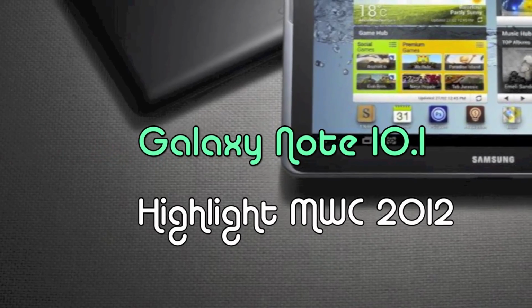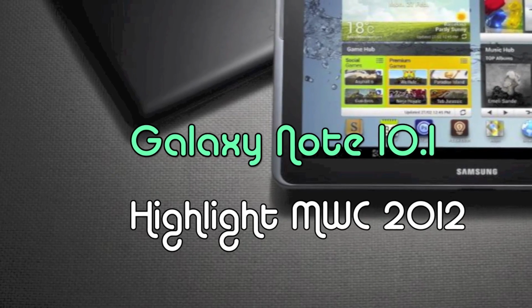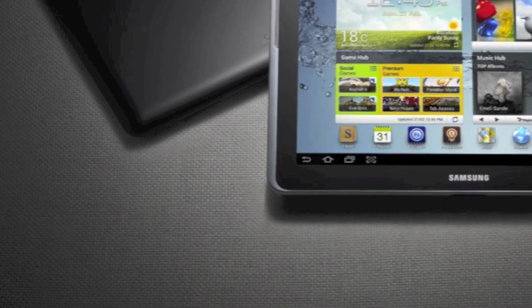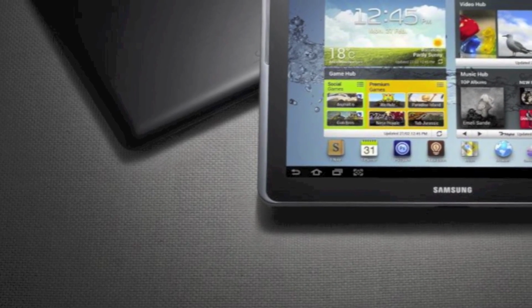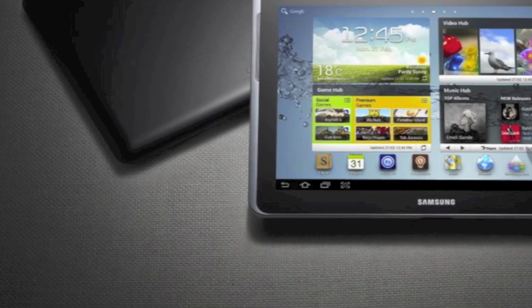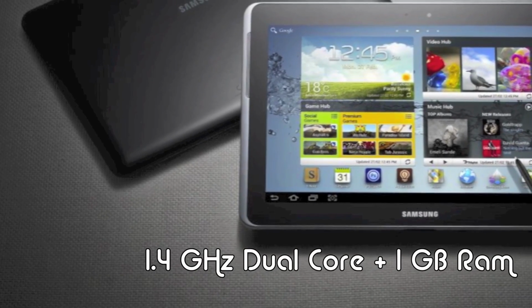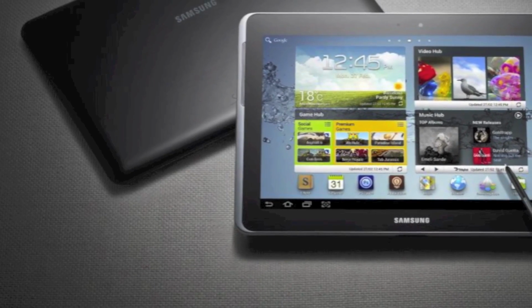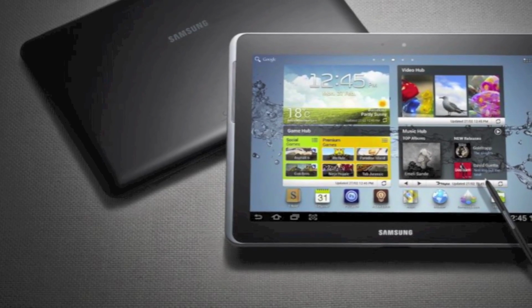Next up, and get ready for this, is the highlight for Samsung at MWC 2012. This is the Samsung Galaxy Note 10.1 inch, a bigger version of the overly successful Samsung Galaxy Note smartphone. Now, this tablet is a 10.1 inch tablet that runs on a 1.4 GHz dual-core CPU, and it has 1 GB of RAM. You do not get phone features as with all Samsung 10-inch tablets, but you do get a